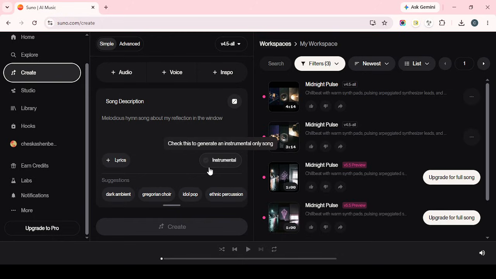Once the variations appear, listen closely to both of them and pay attention to how each one captures your prompt. Even though they come from the same idea, they